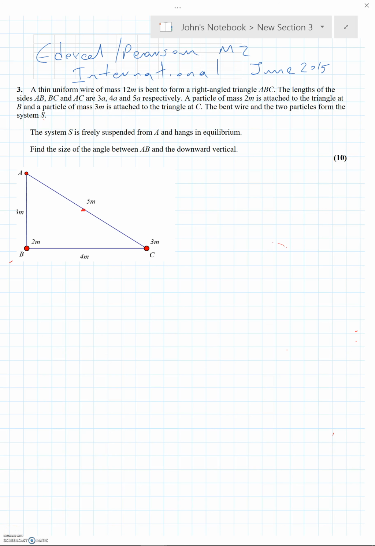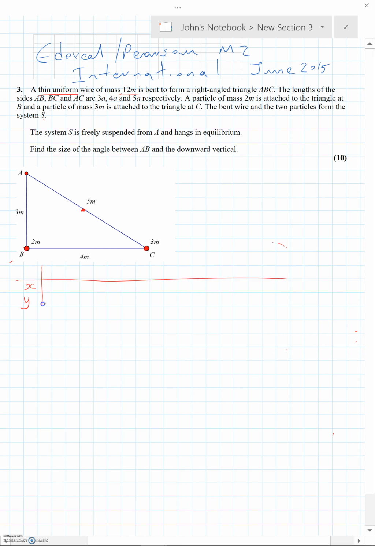Okay, so here we have the third question from the International M2 paper of June 2015. It's a framework question. The diagram that you see actually wasn't given in the question, but it's fairly easy to come up with that. It has told us it's uniform, so that's key, and it's told us the mass is 12m. It's also told us that there are separate masses at the points B and C. Okay, now let's put these values into a table